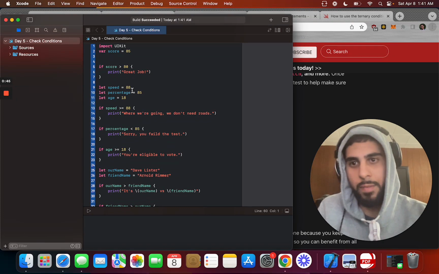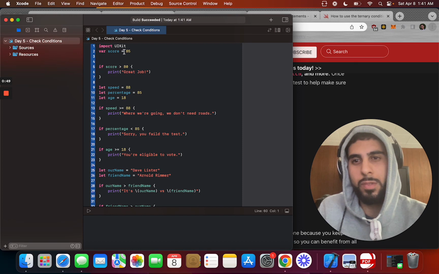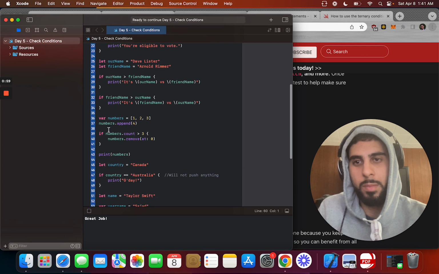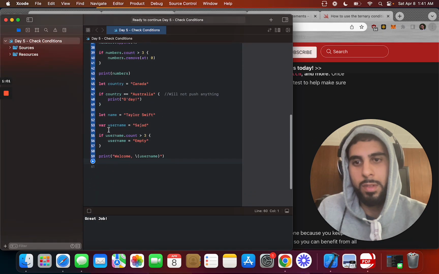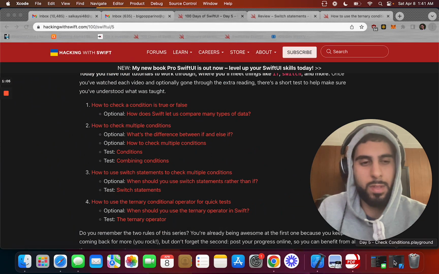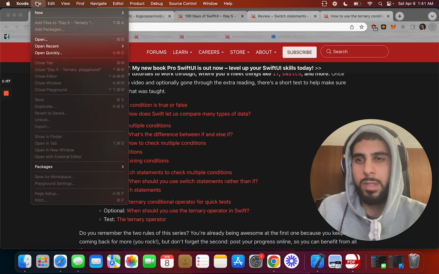All right, so this is classic if else statements. If score is greater than 80, then print great job. Score is 85, so it's gonna print great job. See right there, great job. Same thing over here. If statements, pretty simple. That's pretty basic. I already know this stuff. Next was